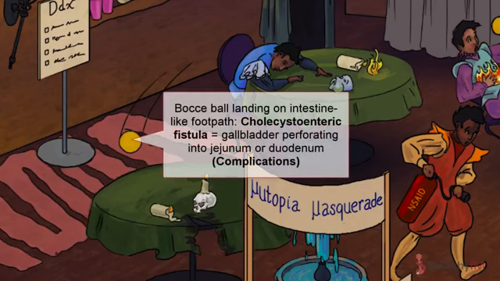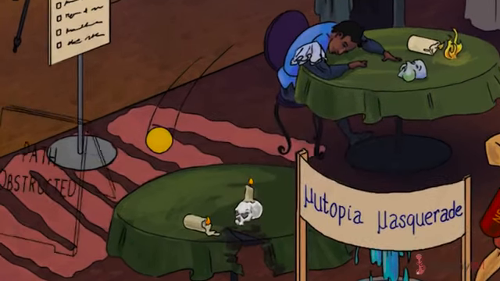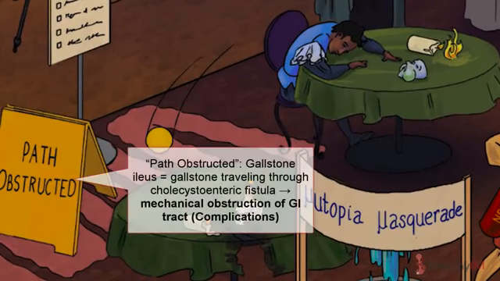And what organ is close to the gallbladder and has a lumen perfect for fistulizing with? The duodenum, of course. While cholecystoenteric fistula formation is usually the consequence of long-standing, slowly developing pressure necrosis secondary to gallstone disease, it can sometimes develop following acute cholecystitis. And a path-obstructed sign on that small intestine-looking mat can only mean one thing: small bowel obstruction. If a large enough gallstone passes through a